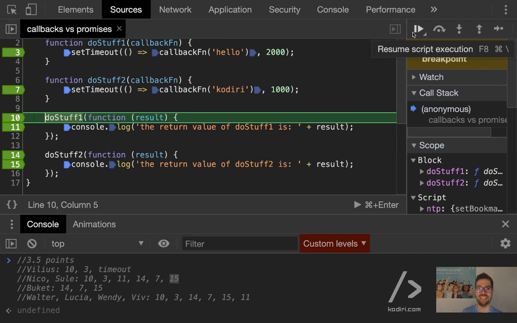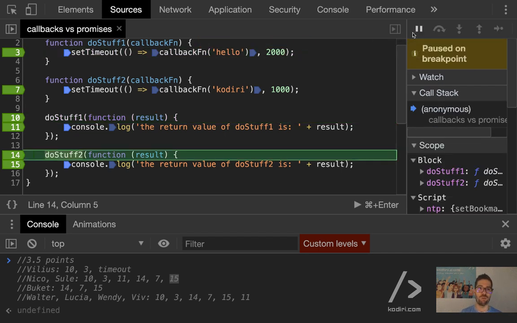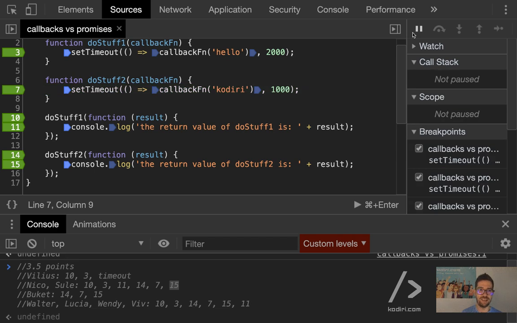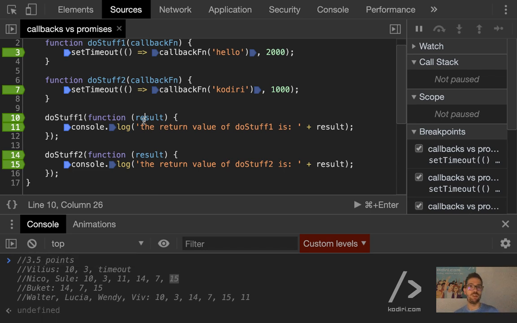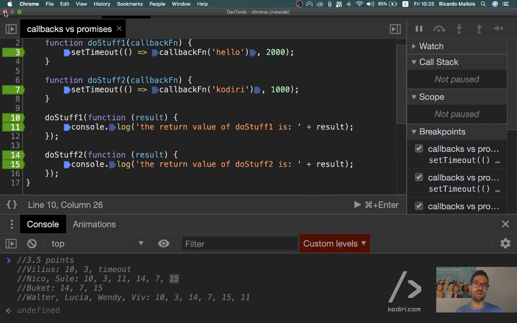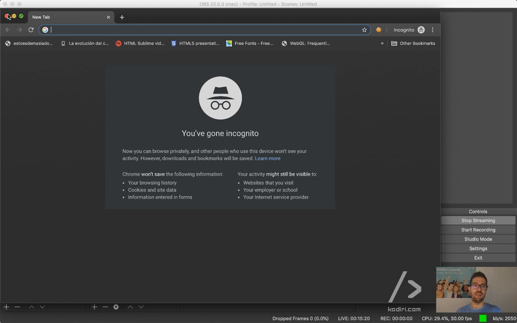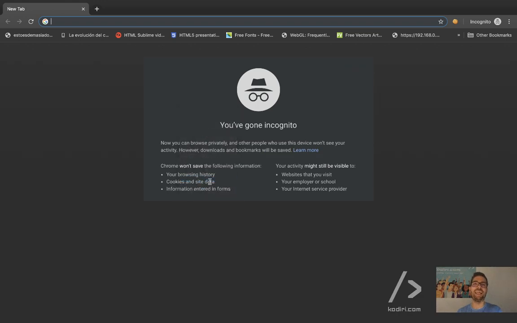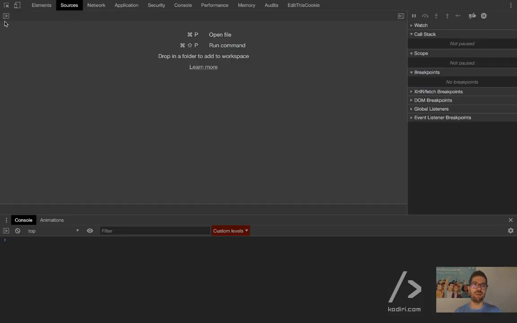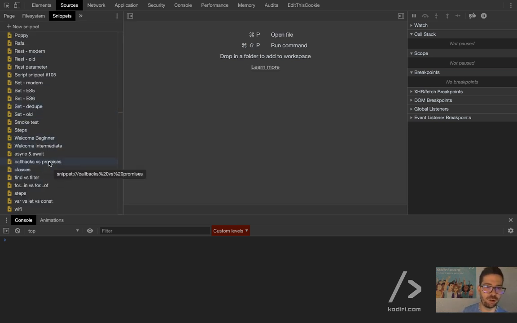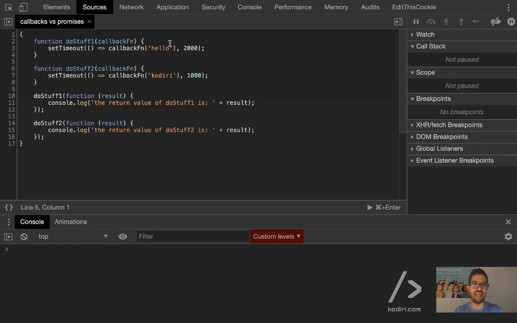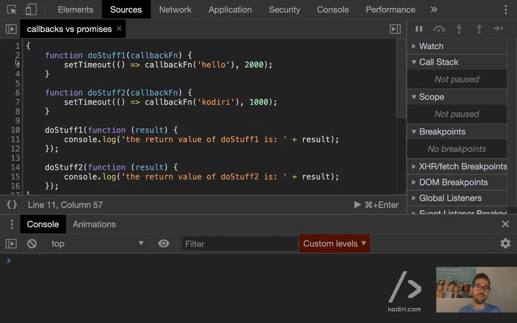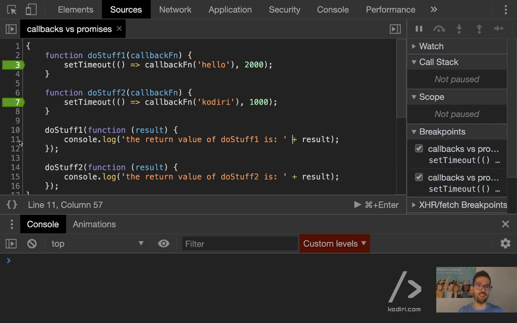Let's run it again just in case. 10, 3, 14, 7. Right, now it's not running the callbacks anymore. It's getting even worse. So, as usual, if that ever happened to you, please remember to close the tab. If you're using incognito, close everything, right? Open a new incognito. Again, not ideal, but it is what it is, unfortunately. So now we need to open the snippet again, and let's see if that helps. If not, well, it is what it is, right?